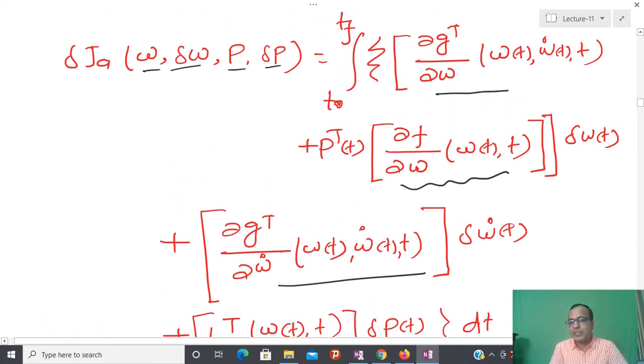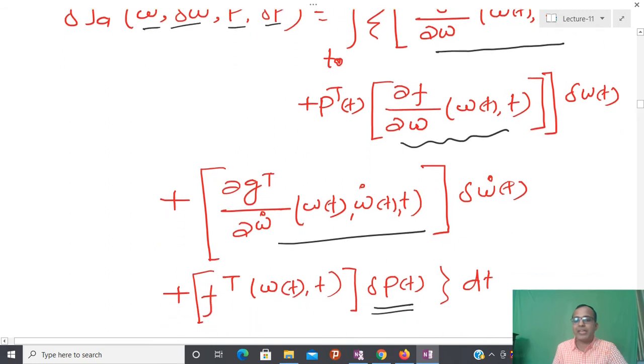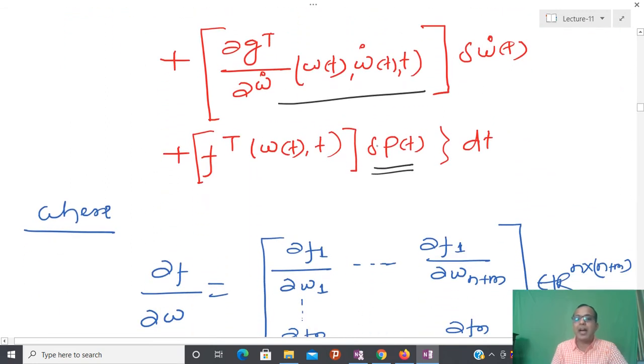You can see here this is the variation with respect to omega t, and the Lagrangian extra term we have defined also contains omega t, so I have an additional variation with respect to omega t. I am just collecting the first variation, because in order to solve the optimization or extremization problem I just have to force the first variation equal to 0. Then the term containing the increment or variation delta omega dot comes into the picture, and after that I have the variation with respect to pt.